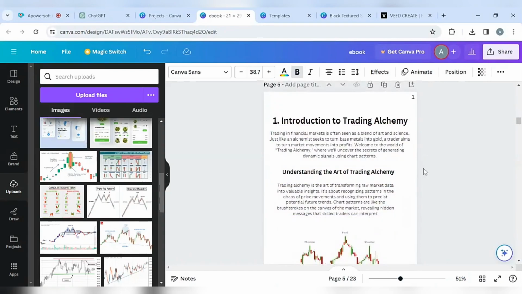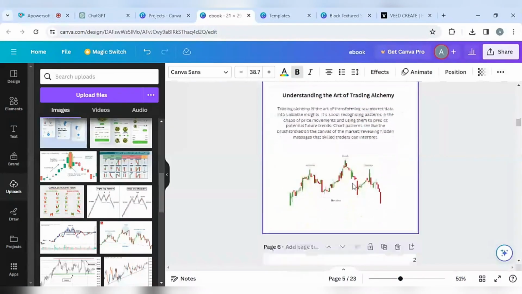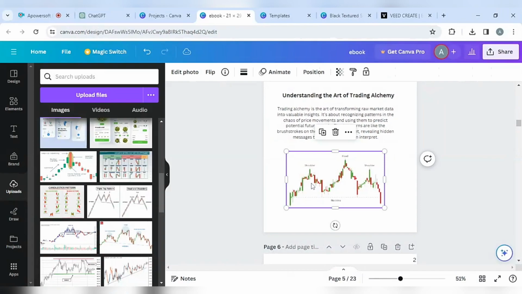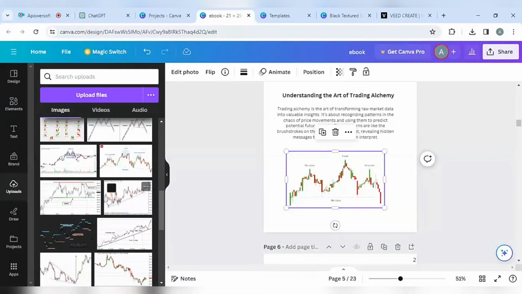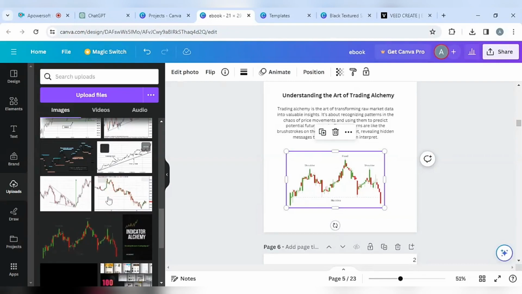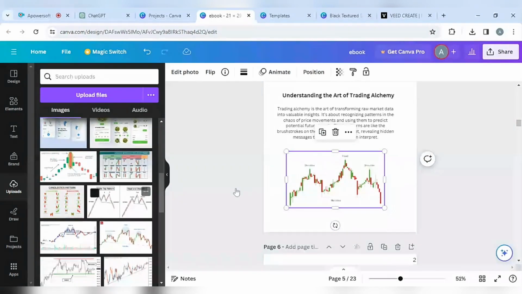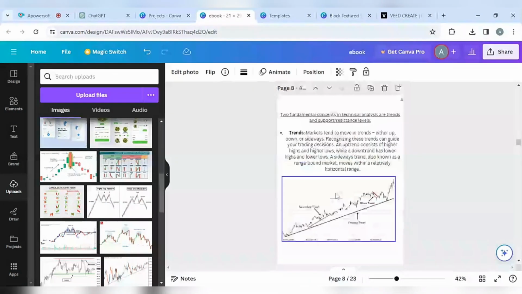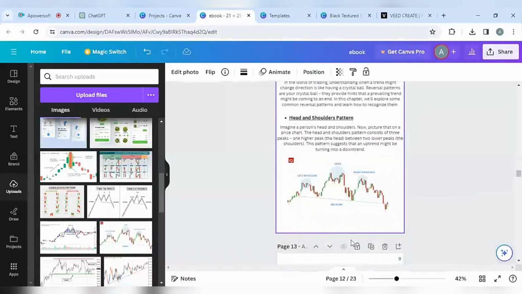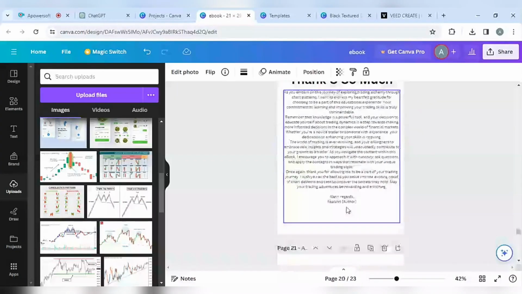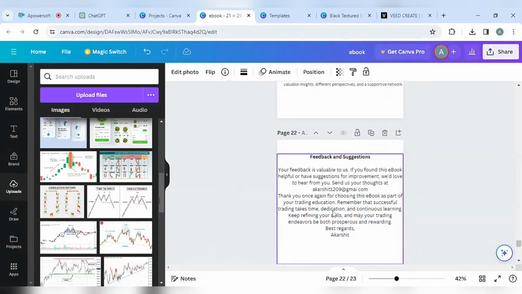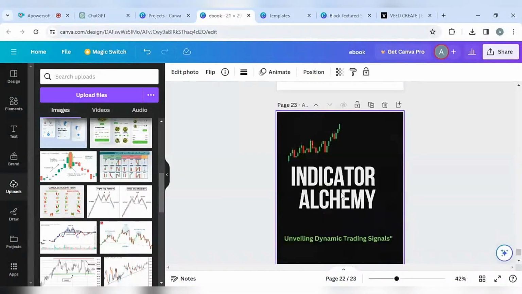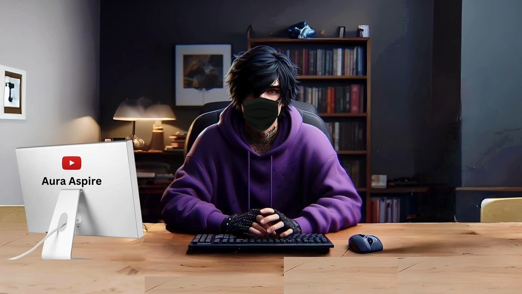And guys, this plays a very important role in selling our ebook, so I suggest you use some images in your ebook to make it awesome and unique. There are a total of 22 pages in my ebook, and at the end you can see I wrote a thank you page for buying this. This will create a good impression in the mind of the buyer if they read your ebook.